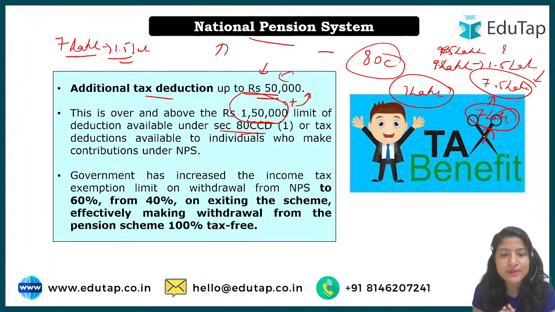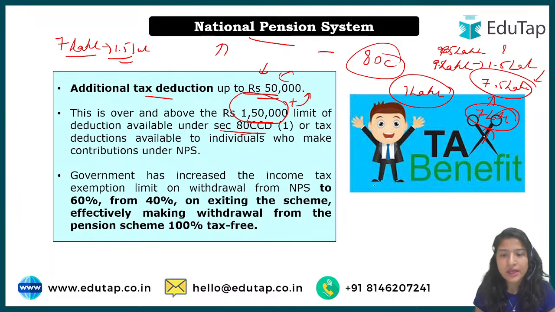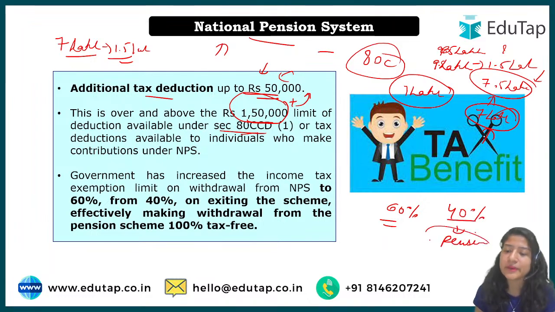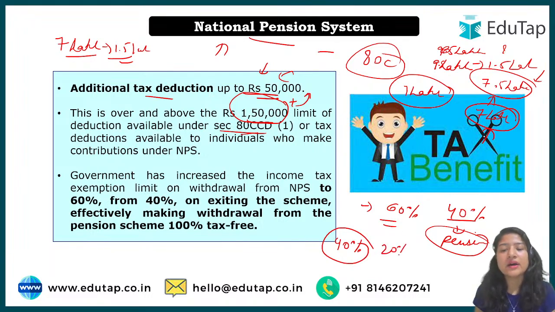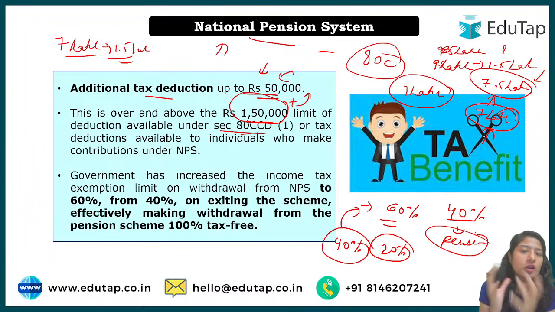Another very important tax benefit you are going to get is this: whenever you reach the retirement age, you do not get all the money. Basically, 60% of the money you can withdraw, and the rest 40% you get as pension. Initially, out of this 60%, 40% was non-taxable, and you had to pay tax on the rest 20%. Now what has the government done? The government has increased this non-taxable limit from 40 to 60%. What does it mean? That if you are withdrawing all of the 60%, right, because in some cases,